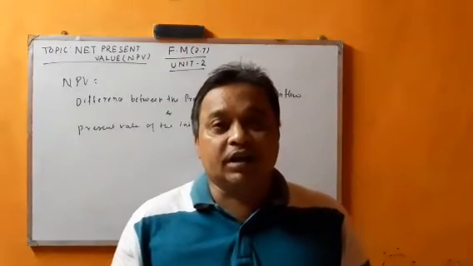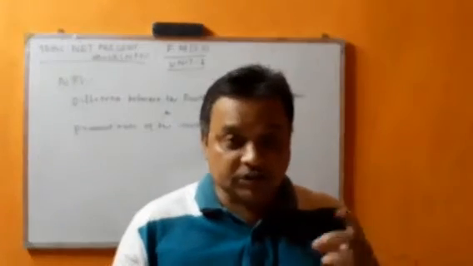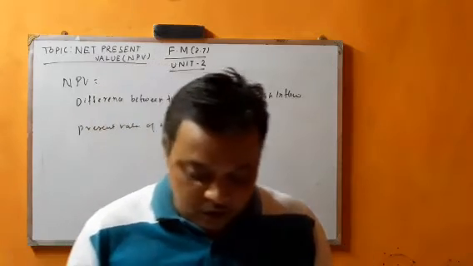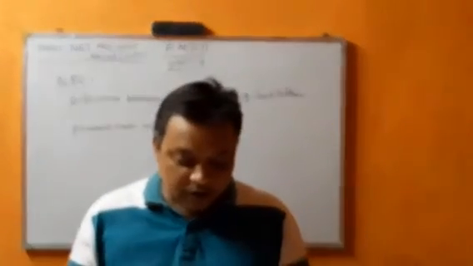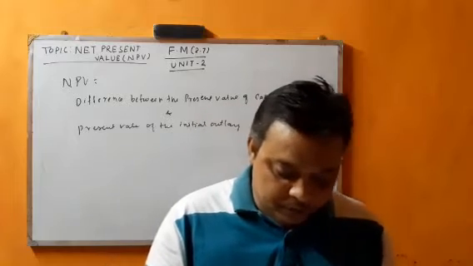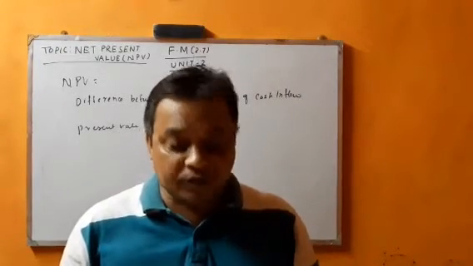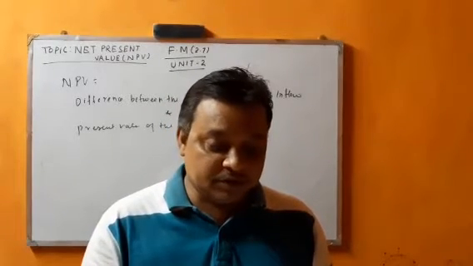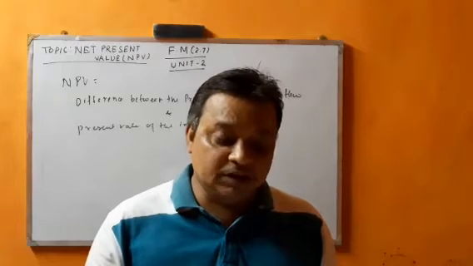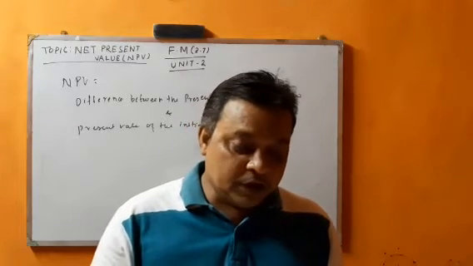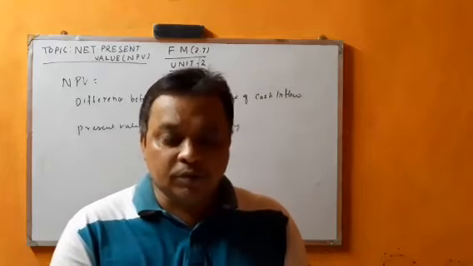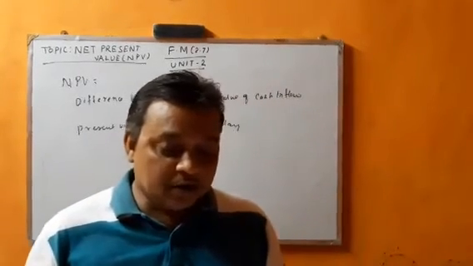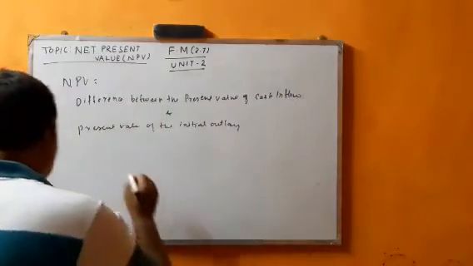After that we have to find the appropriate discount rate, maybe 8%, maybe 10%, whatever it may be. I will show you one problem here and how it will be calculated. Then, when we find the rate of return expected by the investor with the equivalent mix, we have to find the present value of the cash flow. So NPV is found by subtracting the present value of cash flow.